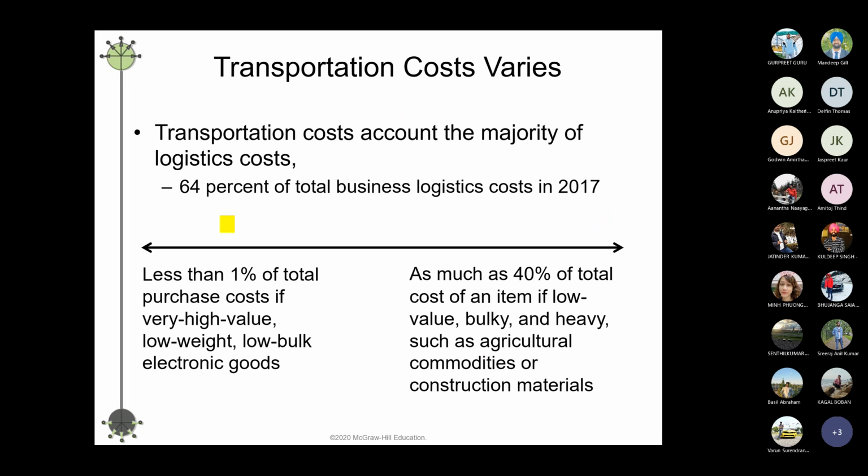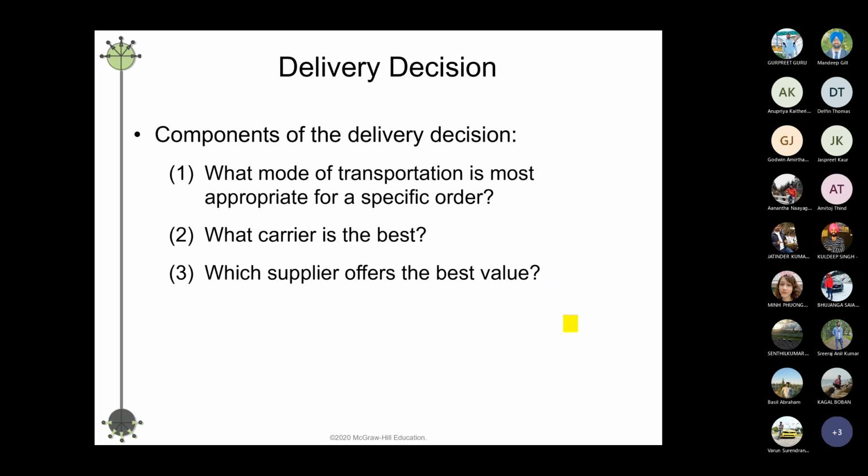And then here we discussed the percentage of transportation out of the entire business logistics cost. And we discussed that it really depends on the nature of business. Sometimes it's only 1%, if it is not bulky and the weight is also very low. So in this case, the transportation cost will reduce. And if it's on the totally opposite side, which is very bulky and also very heavy, in this case, the cost will be even more. Okay, and